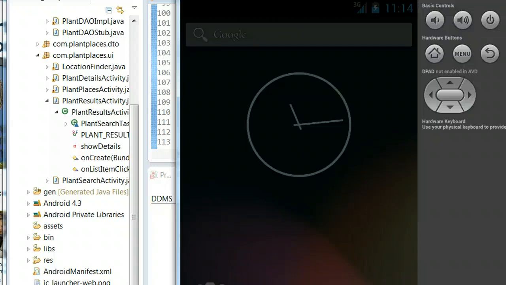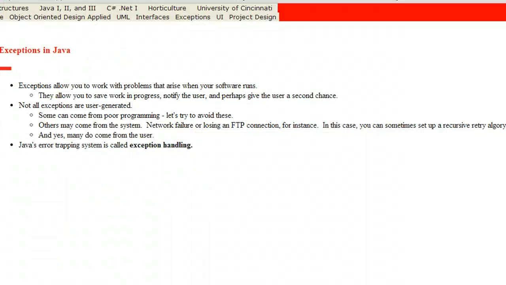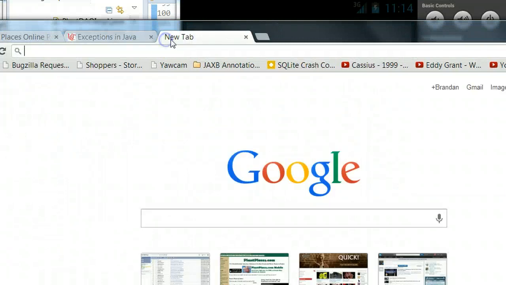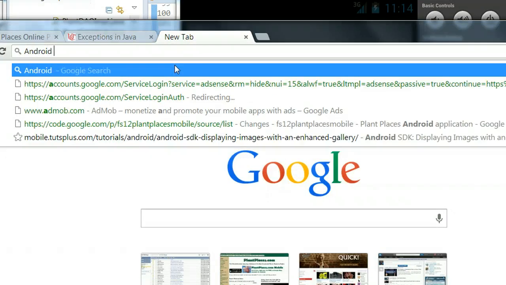I don't think I'm in a good position to disconnect the network now because I have another video uploading and I don't want to interrupt that process. But that's a good way to test it. As a matter of fact, if you go to the Android quality guidelines,